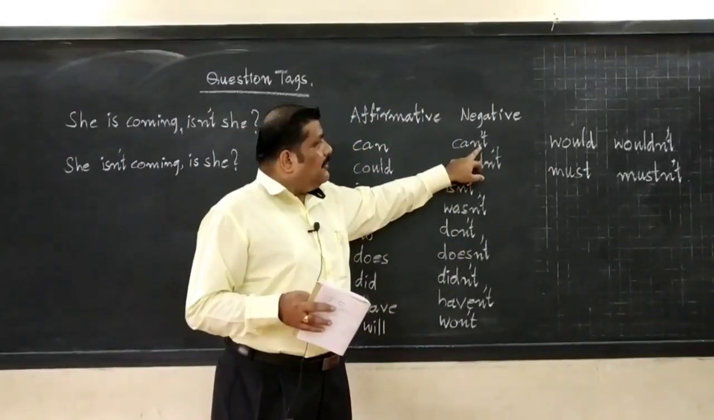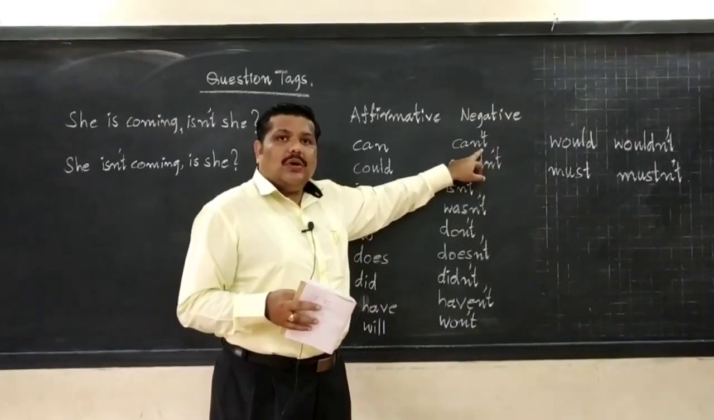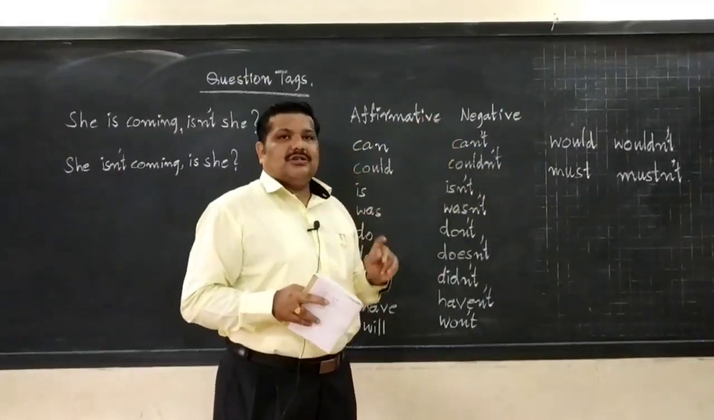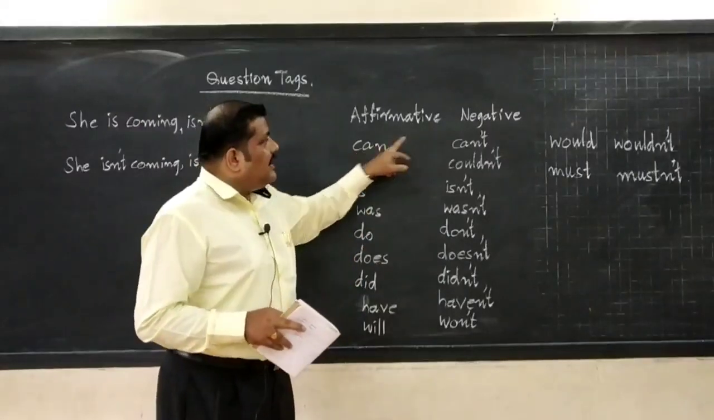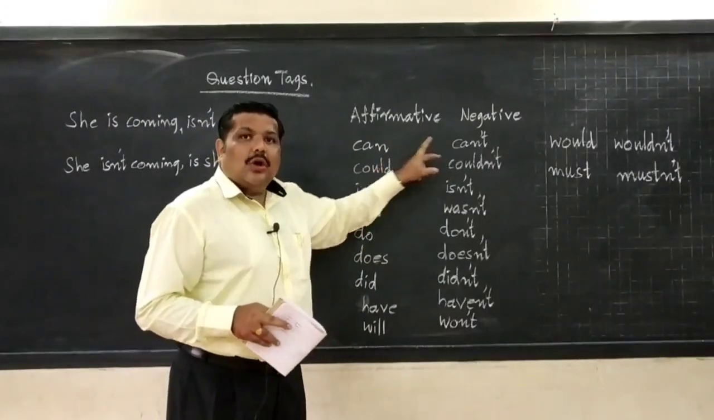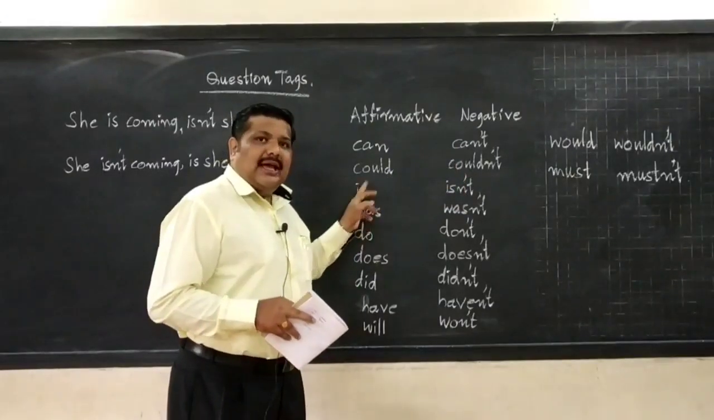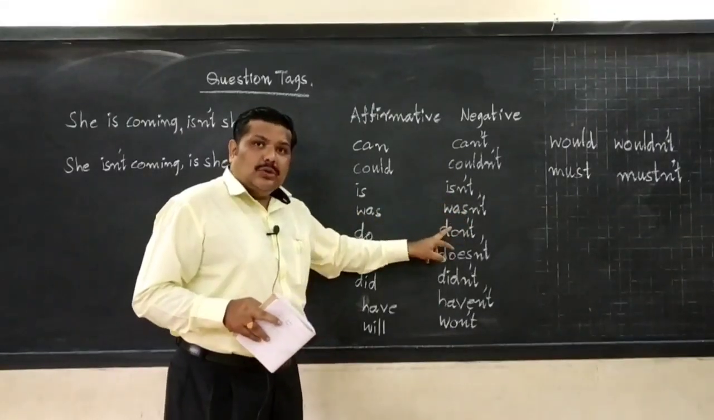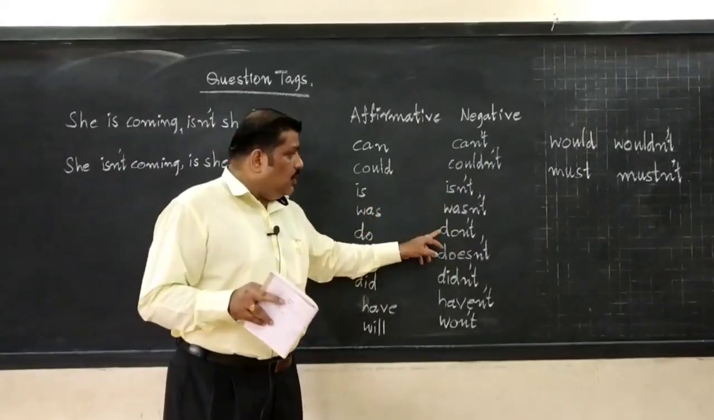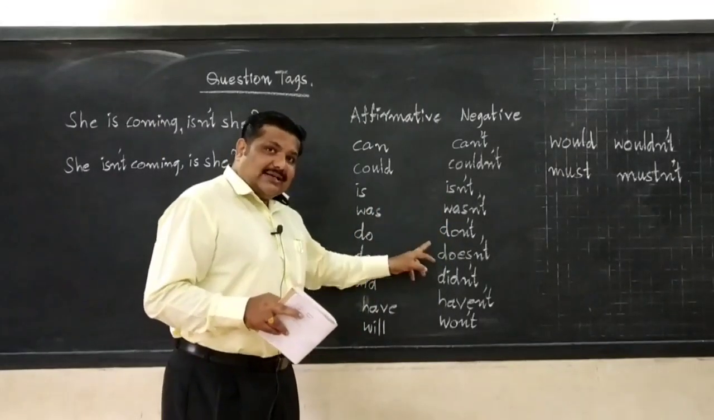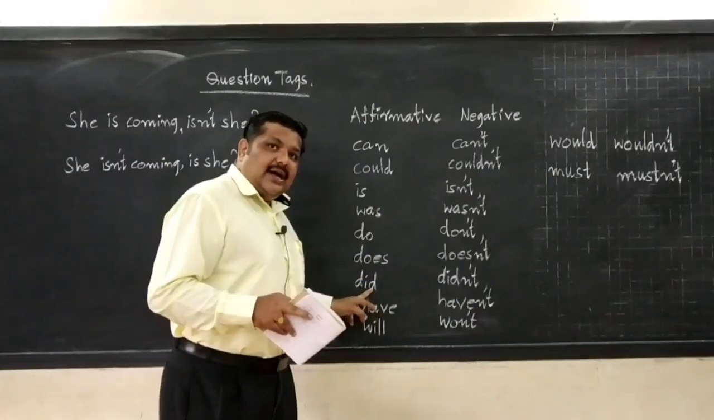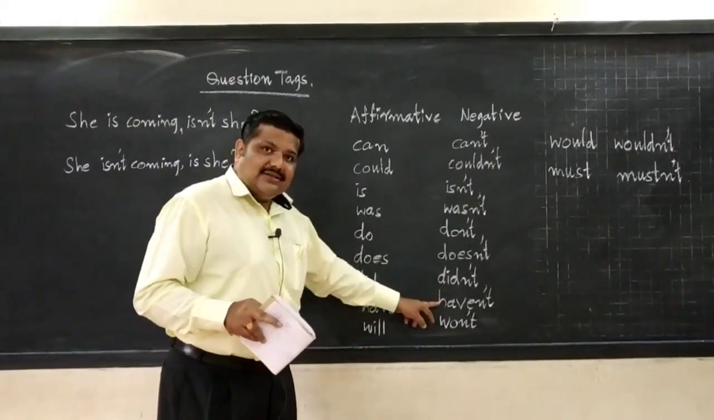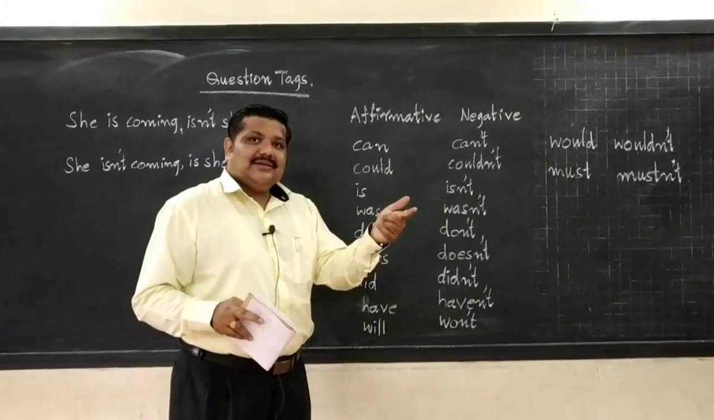Here N-O is removed. That is why it is T. So when we cut short the word, we use an apostrophe. Similarly, go to the second word. Can, can't, could, couldn't, is, isn't, was, wasn't, do. It is do not. Do not is cut short into don't. Does, doesn't, did not, cut short, didn't, have, haven't, has,